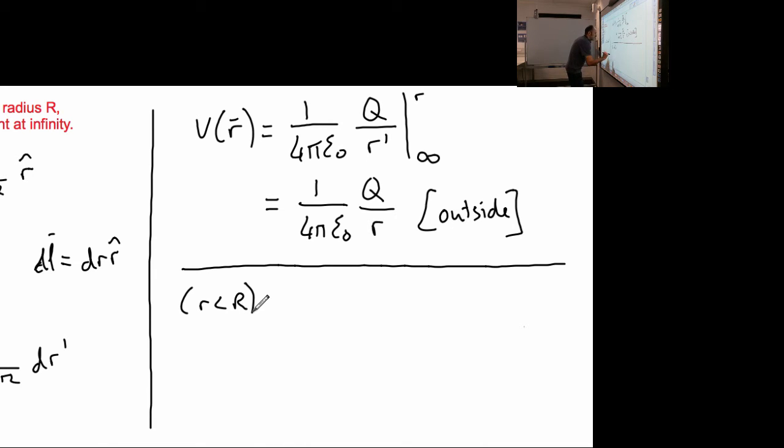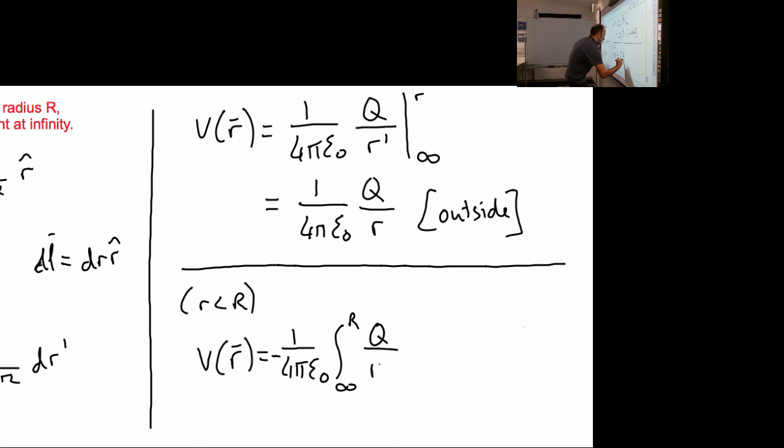So here we have our potential V of r is equal to 1 over 4 pi epsilon naught, this is a negative, times the integral from infinity to big R of Q over r prime squared dr prime